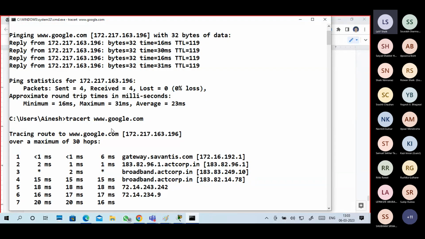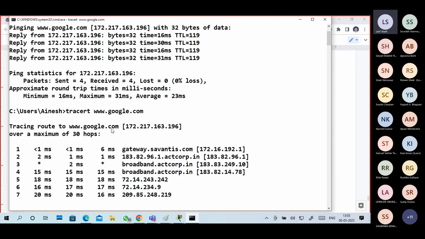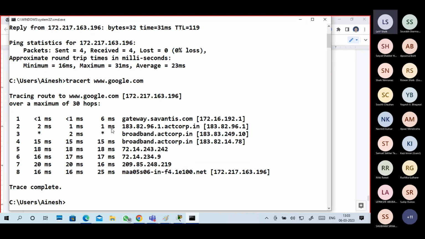Finally, we reach the destination. How do you know how you reach the destination? Based on the Tracert command. How does my system know how to reach the destination? Because of the routers in between. See, I reach the destination in 8 steps. The first step is from my laptop to my gateway to ISP to some other routers. Finally, I reach my destination.